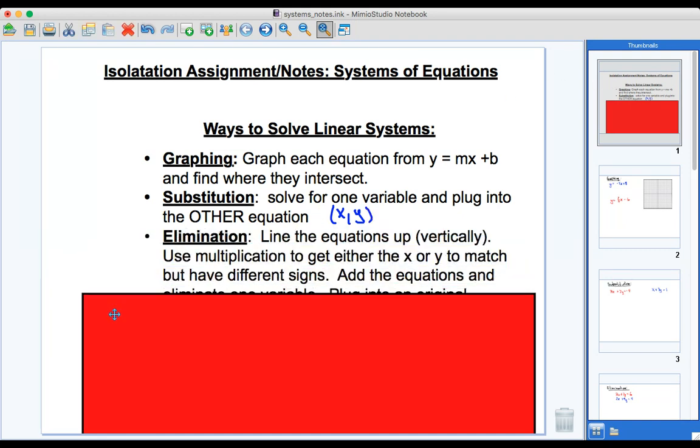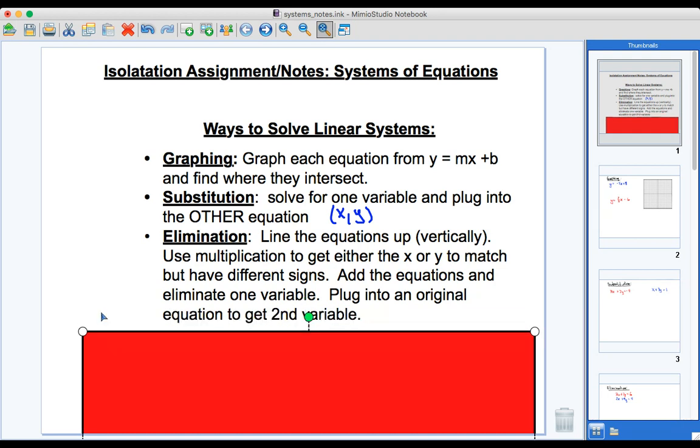The last way is the way that hopefully we focus on the most, because this helps us when we get to systems that have three or more variables. It's elimination. We line up the equations vertically, one on top of the other. We use multiplication to get either the x or y to match, but have different signs. Once you do that, when you add the equations, one will be eliminated. You take that new answer you have, so maybe something like x equals 7, and you plug it into one of the original equations to get your